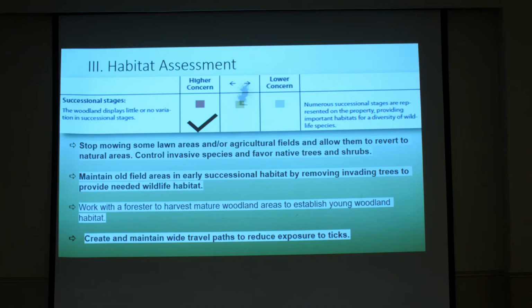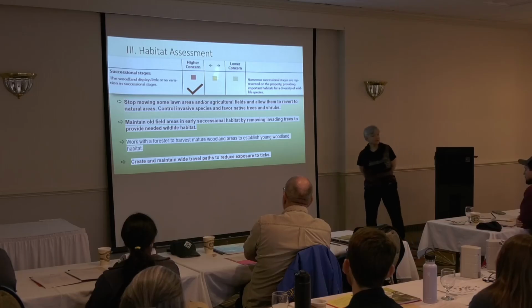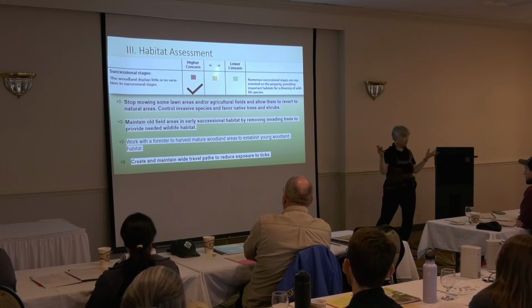Again, habitat assessment, okay, successional stages, how do you address that? Okay, stop mowing some lawn areas and agricultural fields. That's probably how we got our young woods to begin with. Maintain those old field areas and see what they come up in, and keep at the